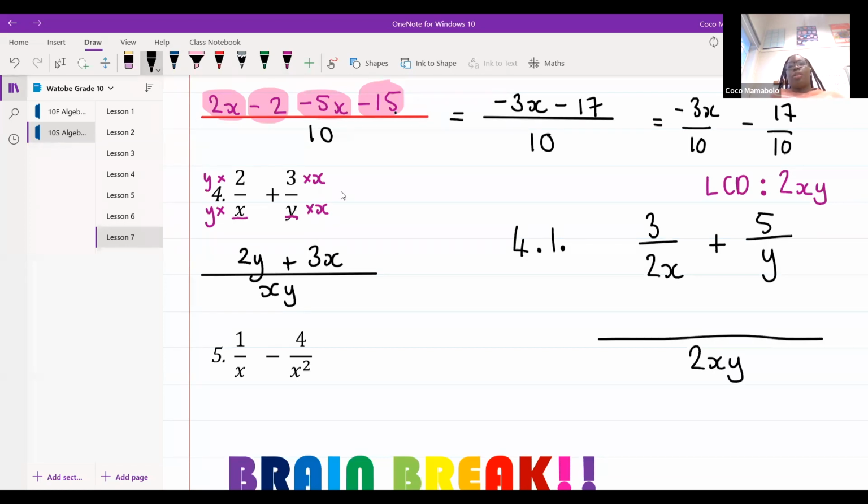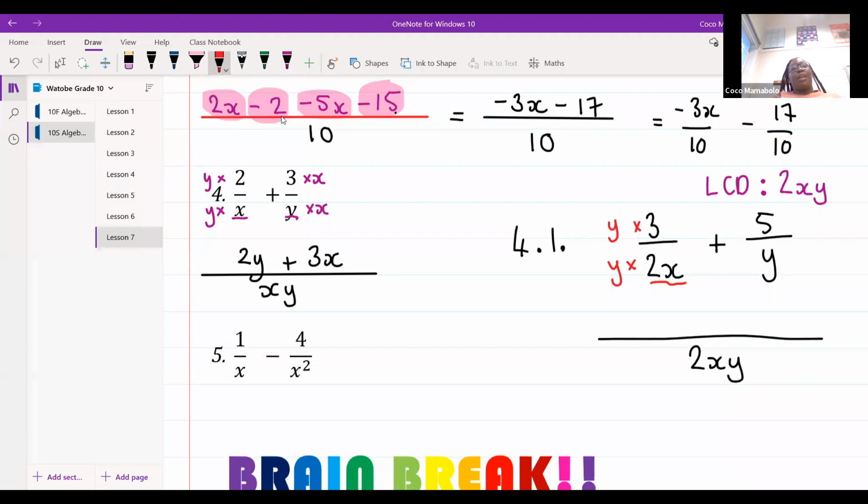Okay, and then I'm going to do that. What did I do? Guys, tell me, what did I multiply 2x by to get it to be 2xy? What did I multiply by? That's it, Mirula. So easy. I multiplied by y. And at the bottom, what I do at the bottom, I'm going to do to the